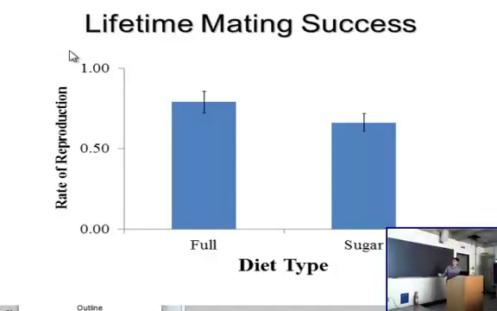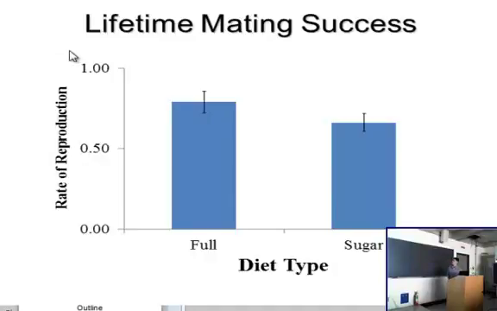On average, the full diet fed flies were more likely to inseminate a female at any age. And then on the sugar diet, there was a slight reduction. But this reduction isn't substantially less than that of the full diet, and this is not evidence that they're not mating. So they're clearly reproducing with these females, and they're somehow, in some other way, avoiding the cost of reproduction.